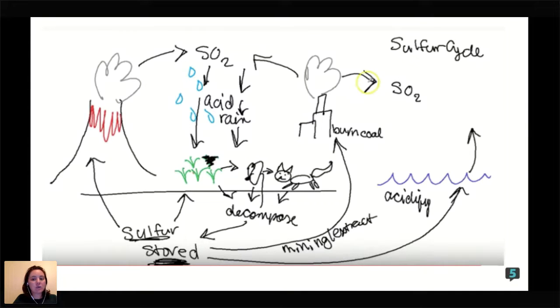Do you guys have any questions about the sulfur cycle? Did we answer? All right, we have one person who answered our poll down here at the bottom about the ways that nitrogen is fixed in the atmosphere. We'll come back to that later, give you guys a little bit more time. All right, and go on to our last cycle.